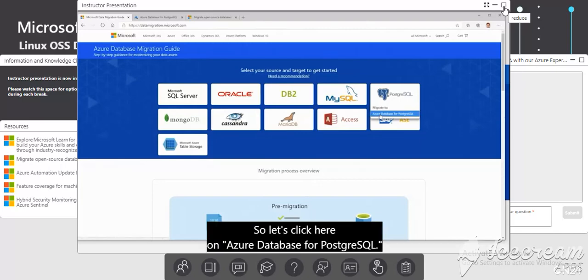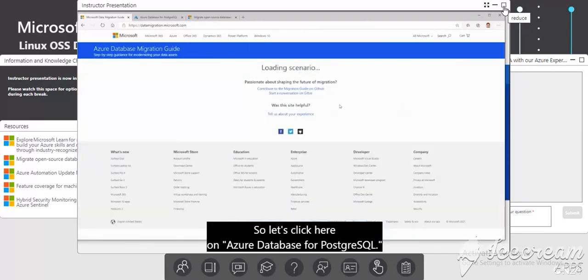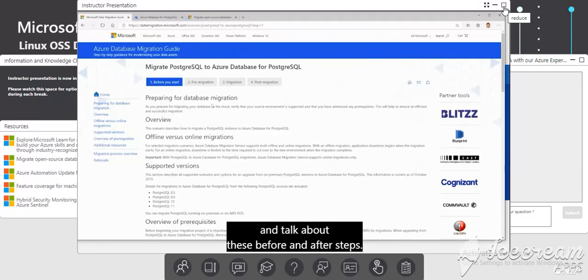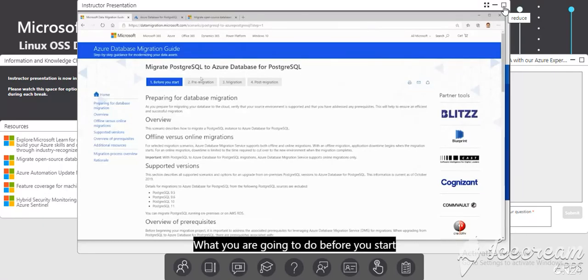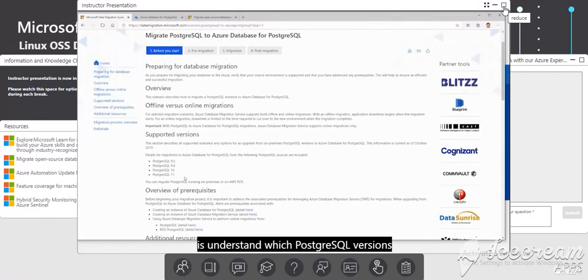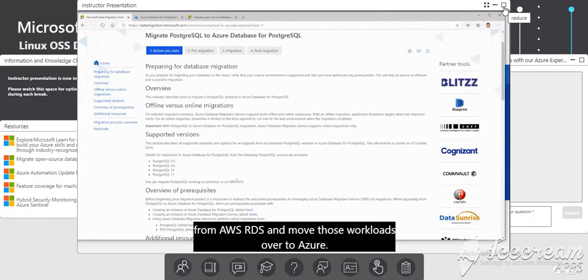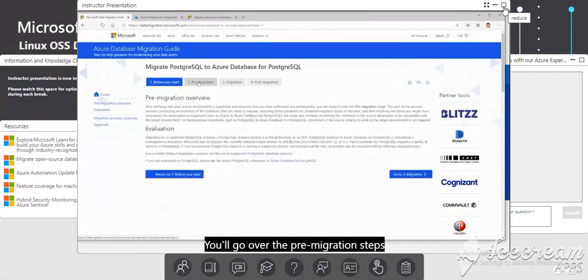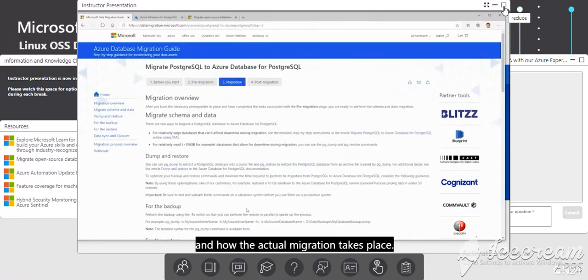So let's click here on Azure Database for PostgreSQL, where it's now going to load that scenario and talk about these before and after steps. What you're going to do before you start is understand what the PostgreSQL versions are that are supported. Know that you can also perform a migration from AWS RDS and move that workload over to Azure. You'll go over the pre-migration steps, how the actual migration takes place. We'll have a look at that in detail as part of the